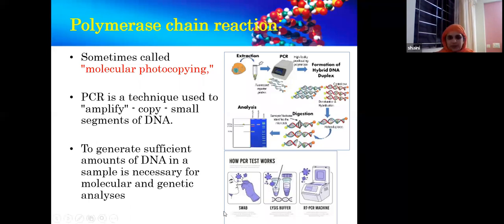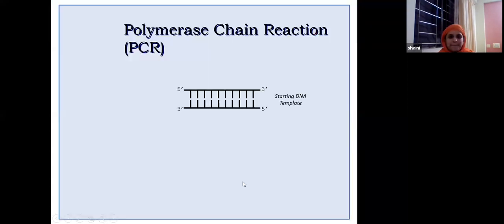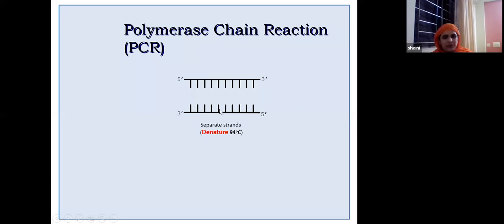And the result is also mostly automated now, and it is quantitative as well as qualitative. Going into the technique, this is the double-stranded DNA. The PCR machine is basically a thermocycler. It goes from one temperature to the next, from high temperature to low temperature, again to high temperature, and in each of these temperatures, a particular step of the PCR happens.